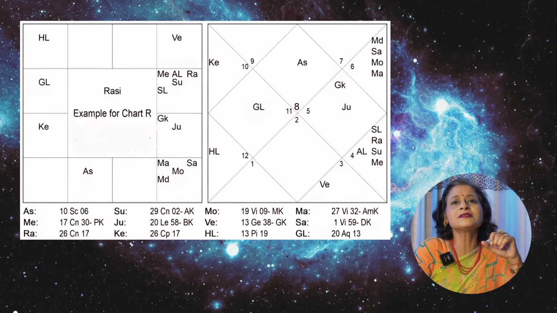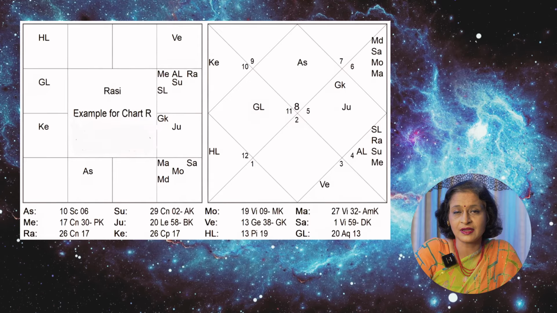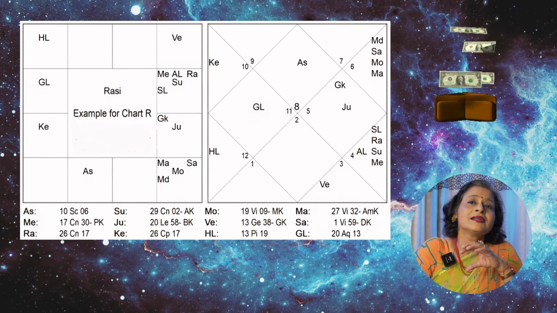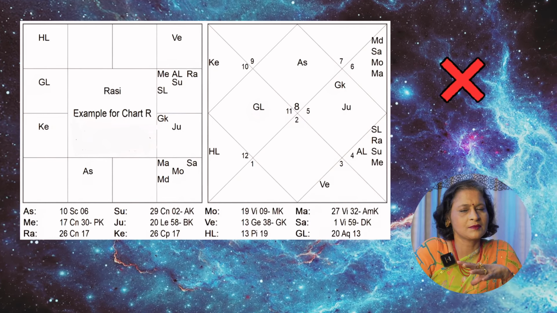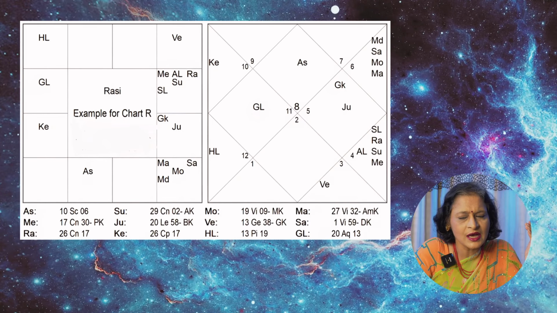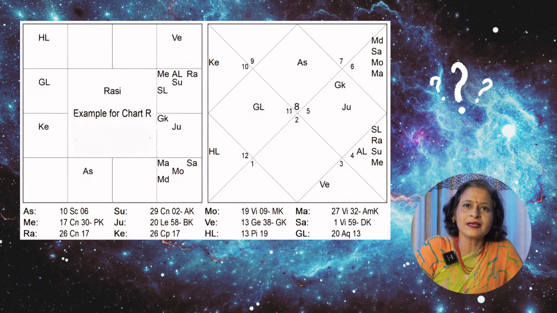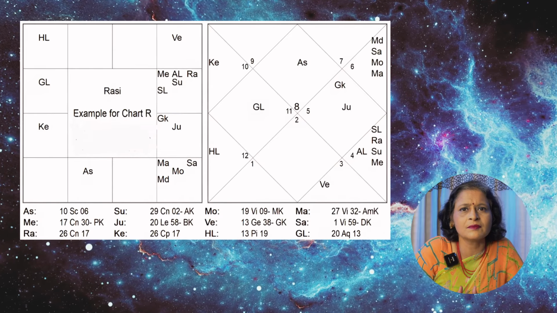Now what happens is, Sun is the 10th lord. So it could have happened that the person should have got money from the 10th house, that is the house of work. But it did not happen. The person said that the money did not come in that period. In fact, work collapsed. The work that the person was in was shut down. Why is it happening like that? What was the reason? And does the kundali affirm that?